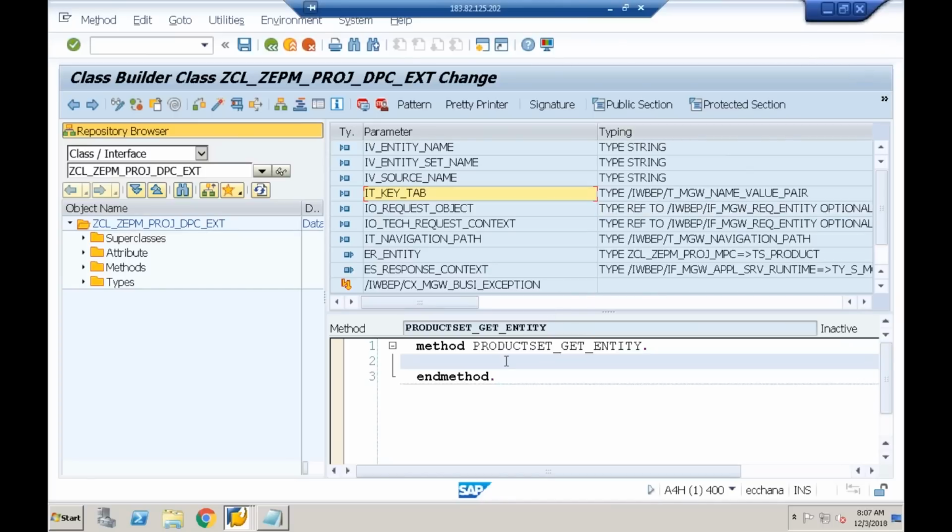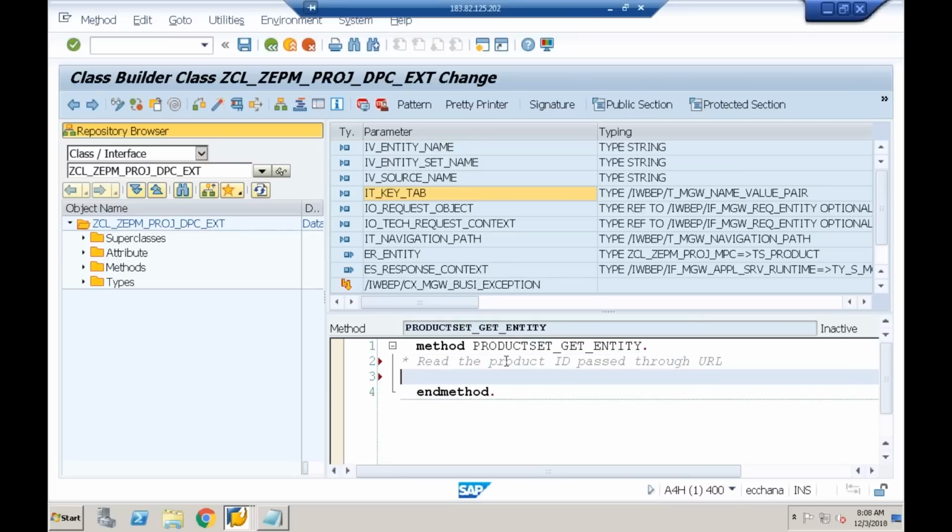Yeah, what I'll do is, in the method implementation, read the product ID passed through the URL. In this case, as a developer, I know that my entity contains only one key property. So I'm sure that the consumer has to pass only one input value. Keeping that in mind, I'll declare